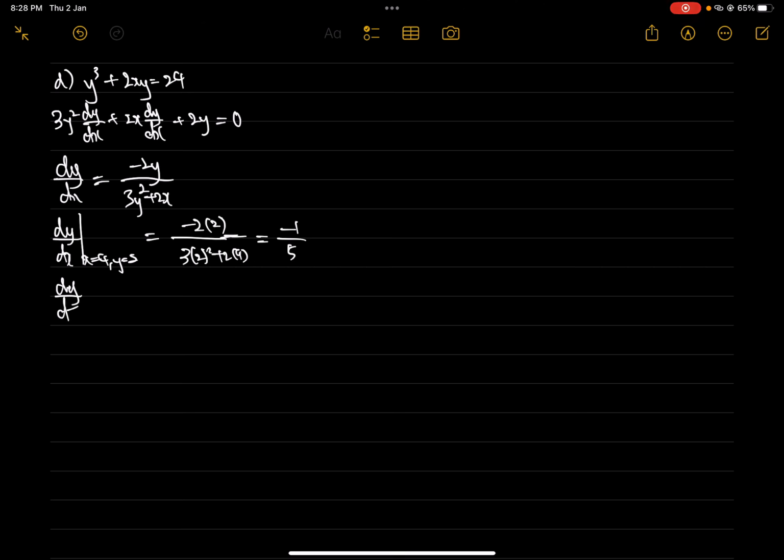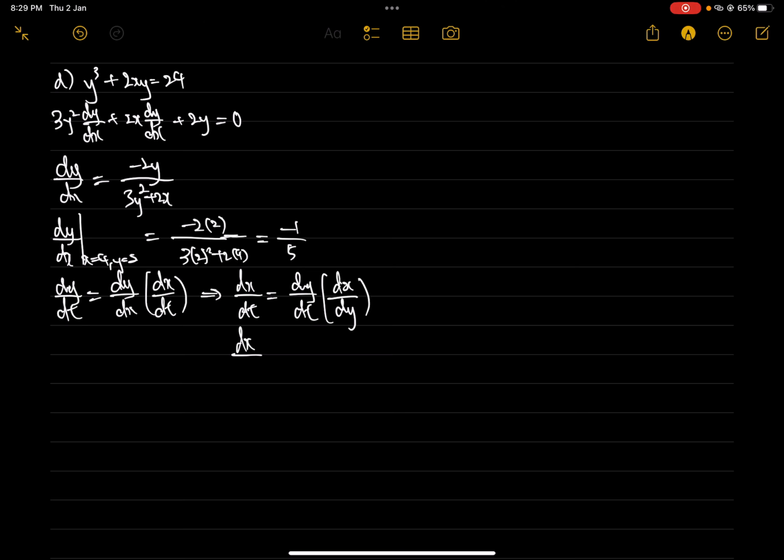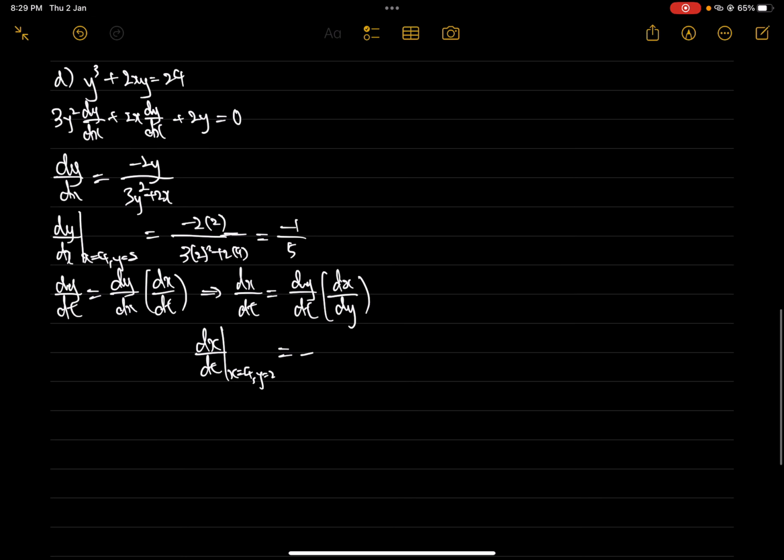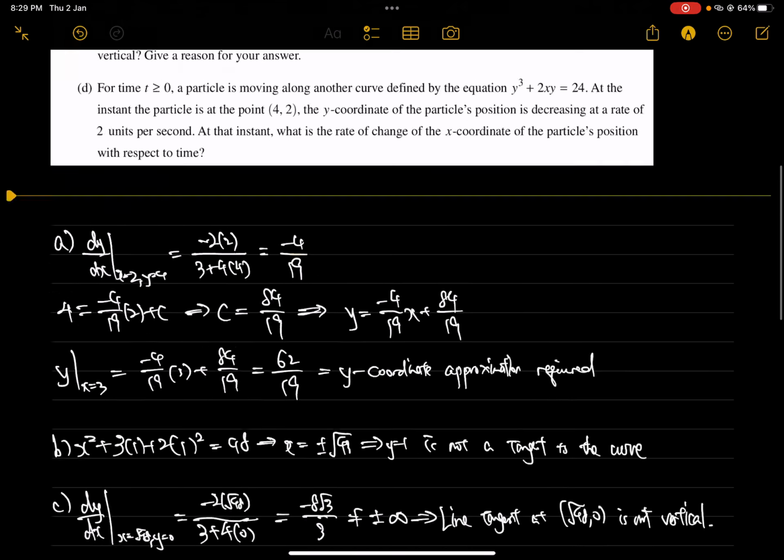So dy/dt is dy/dx times dx/dt, which implies dx/dt is equal to dy/dt over dx/dy, and then dx/dt at x equals 4 and y equals 2 is equal to dy/dt at that point, which is negative 2, and then dx/dy at that point is negative 1 over 5 to the power of negative 1, which is 10, which implies x coordinate